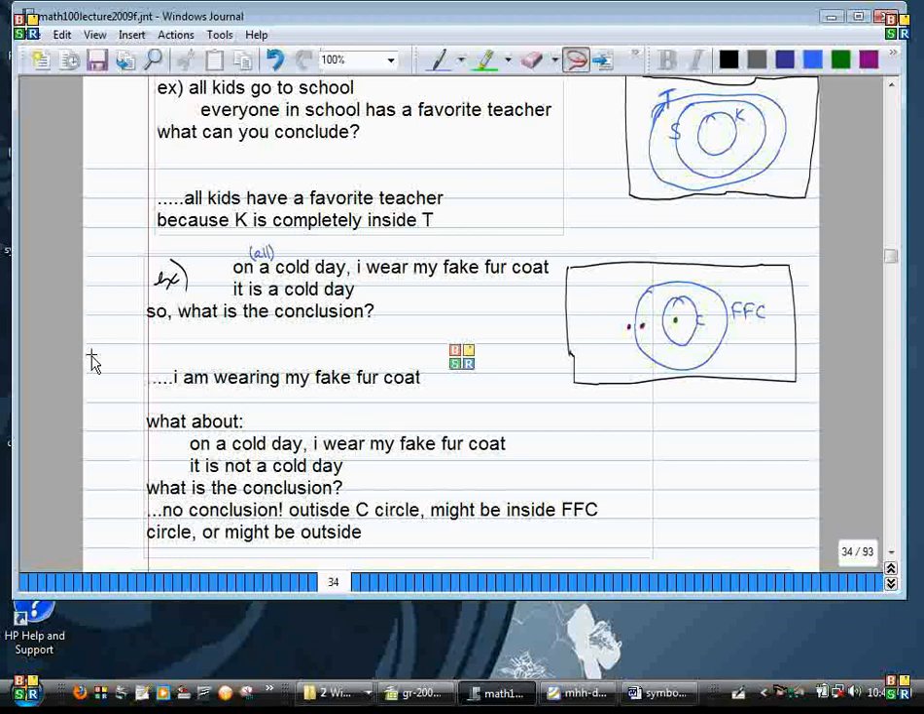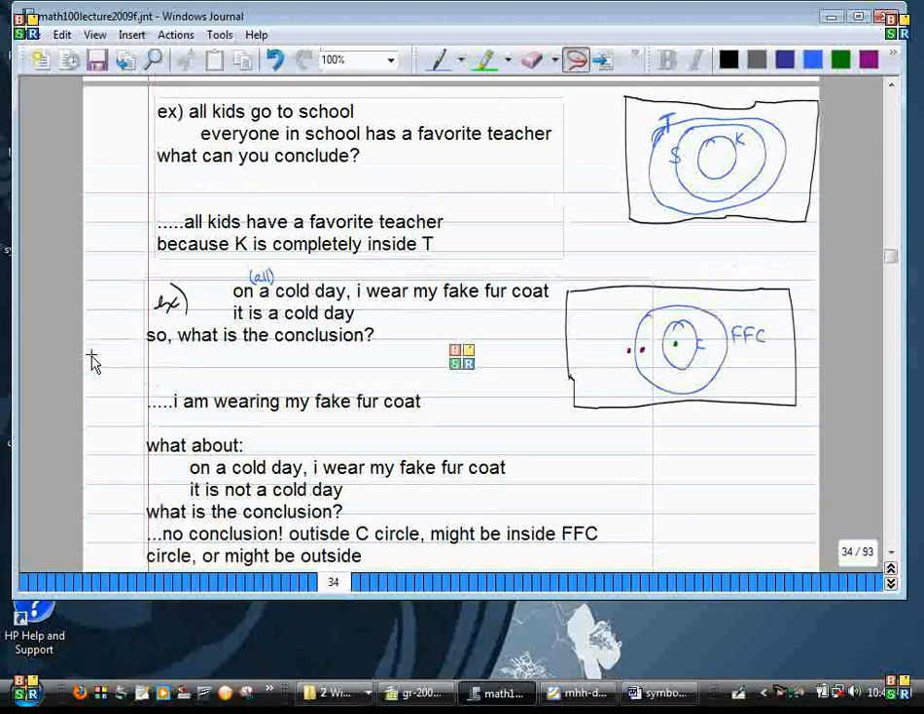Sorry, which one? Okay. Because in the conclusion it says all kids have favorite teachers. Like you don't see the school anywhere in the conclusion. So why do we have the school in that? Okay, so to go back to the kids in school one, we needed school as part of the structure of the entire argument. Because we needed to know that